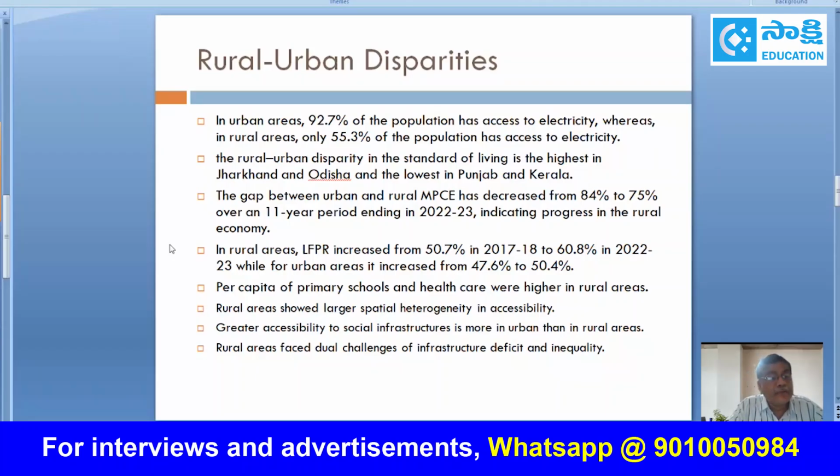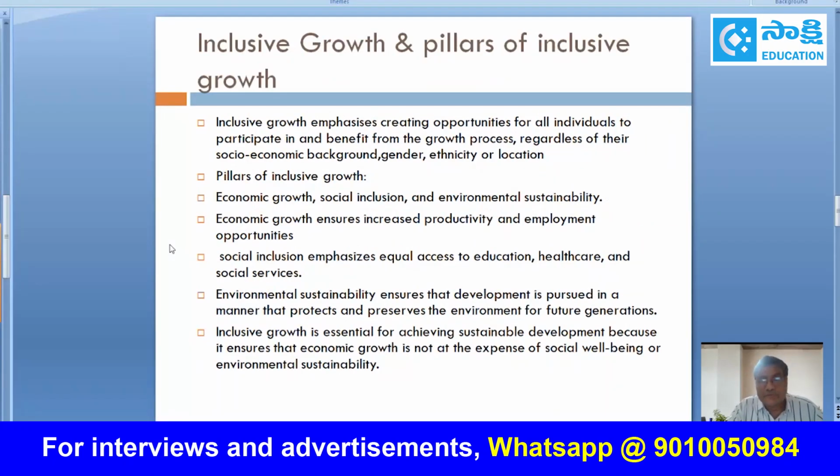The next one, the pillars of inclusive growth. Already we have seen the concept of inclusive growth, and we have to create opportunity for all individuals in the society, and all people should get benefited from the growth process. The fruits of development should reach all sections of the people in the system, irrespective of their social background, gender, ethnicity, or location. As far as the pillars of inclusive growth are concerned, they are economic growth, social inclusion, and environmental